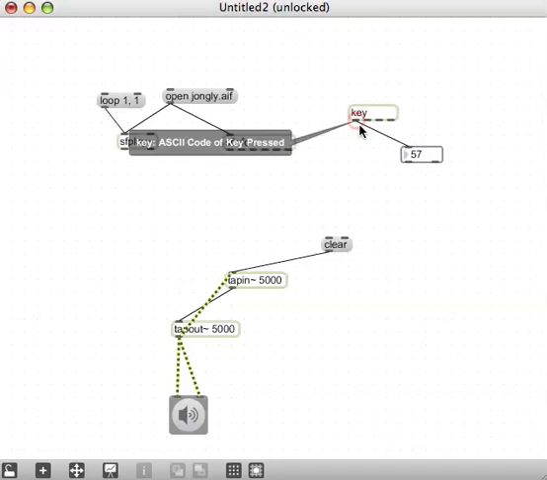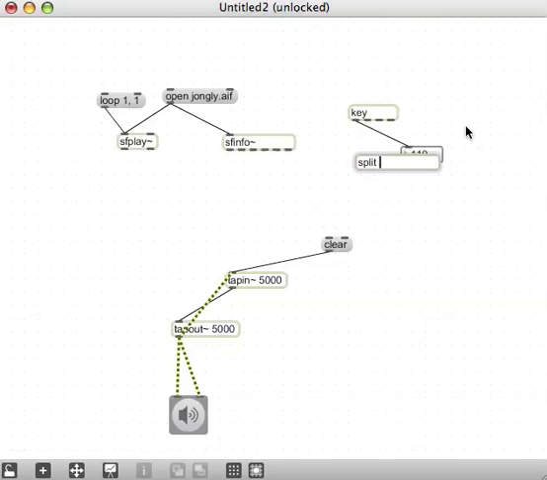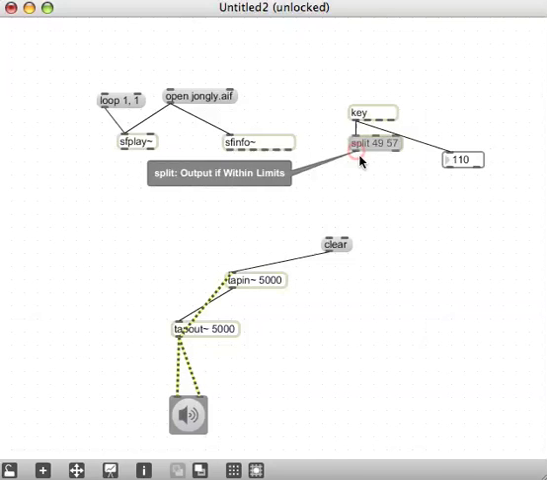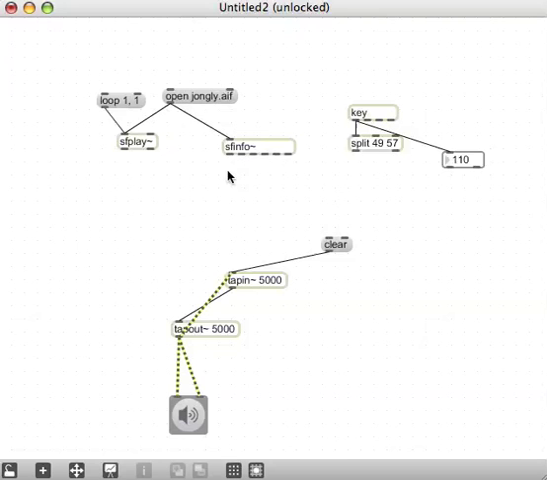So I'm going to split the numbers between 49 and 57 using an object called split, believe it or not. N for my new object, split, and I said 49 was 1 and 57 was 9, so that's good. So everything between 1 and 9 on my keyboard will come out here, and everything that's not will come out here. Things that are between 1 and 9 I want to use as some kind of value for,